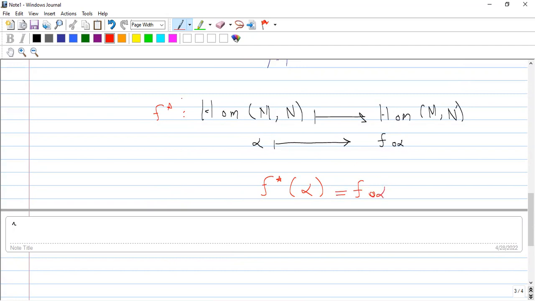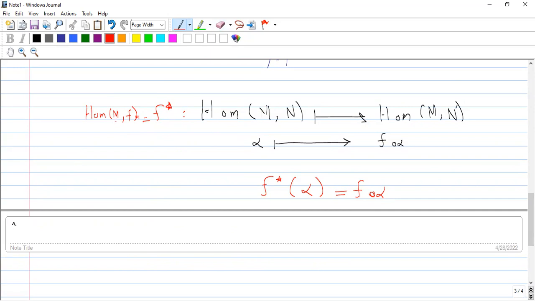So since this map F star is depending on F, that's why I wrote it with F star. You can also write it some other way. In some places it is also written as Hom of M, F. Because again, this notation is a bit more natural, because now it shows you that this map is inducing from F star, because here I am computing the outputs with the help of F,